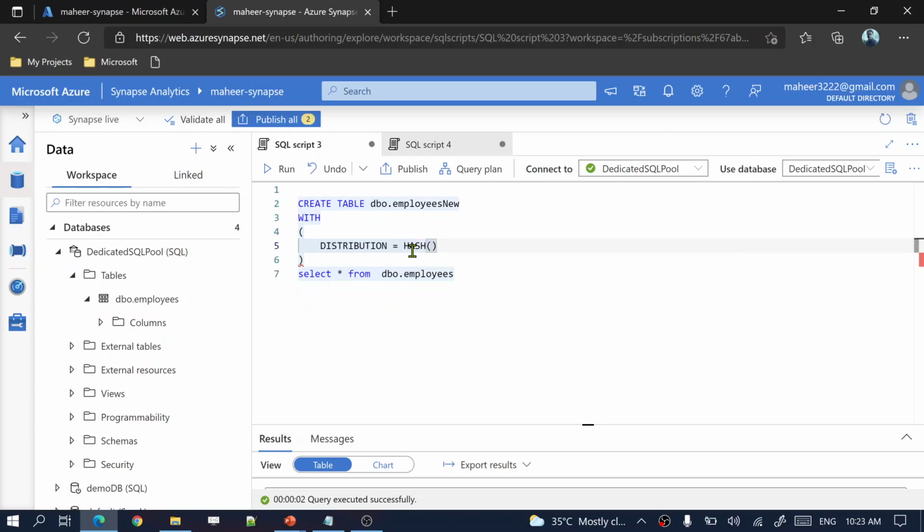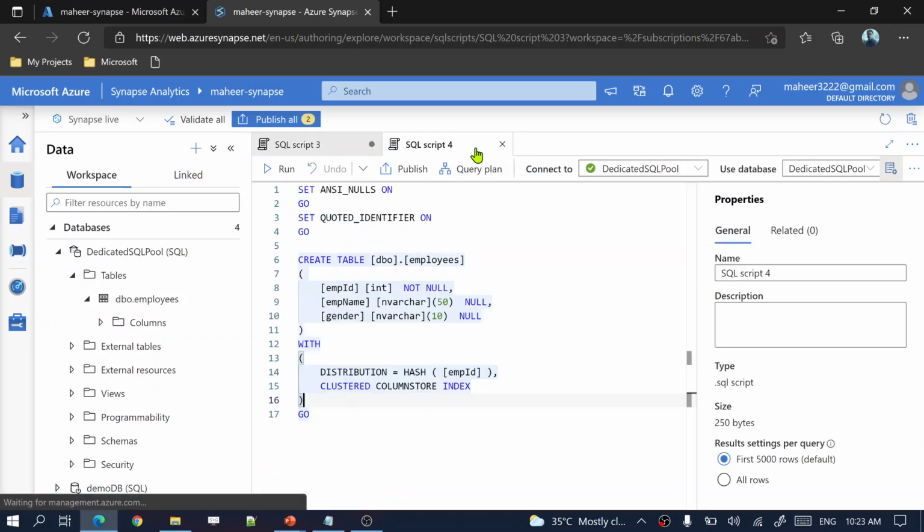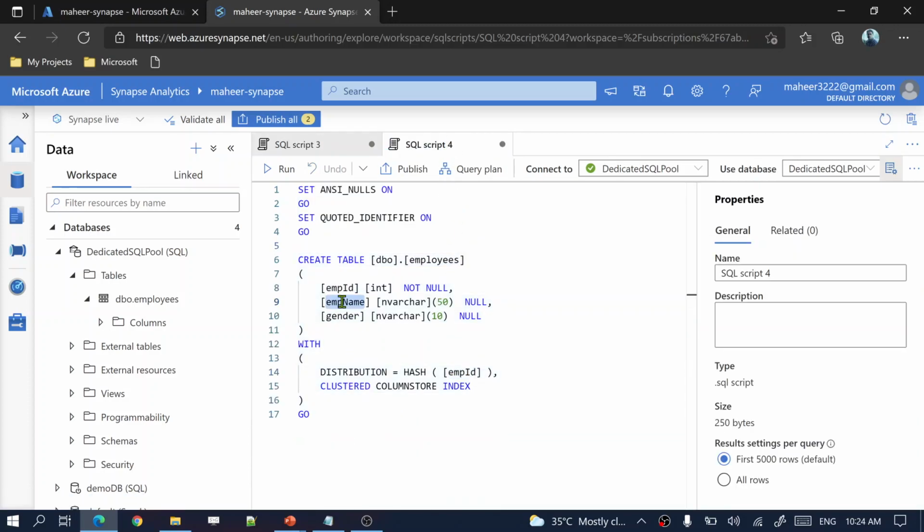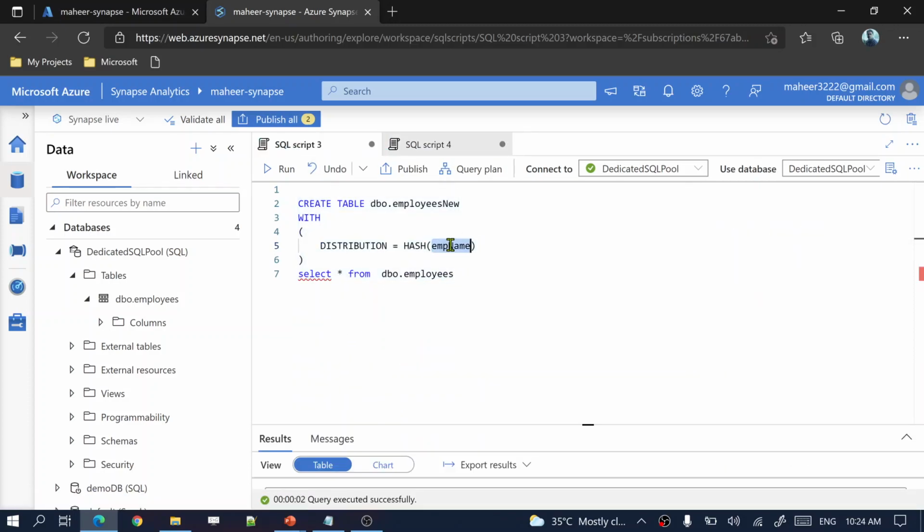In my past table the hash distribution was on the employee id column, but this time maybe I want the hash distribution on the employee name column, let's assume. There is a column called employee name, so I want the hash distribution to be on the employee name column in the new table which is going to be created as part of CTAS.